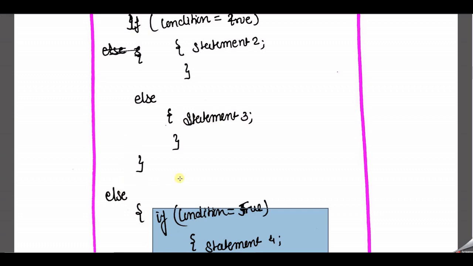So when you compile your program, you will see a type of error saying that you missed your curly braces, because an else is followed by another else. Here you missed your closing braces. So this is a type of syntax error. Your compiler will show you an error, and with the help of the error you can resolve it.